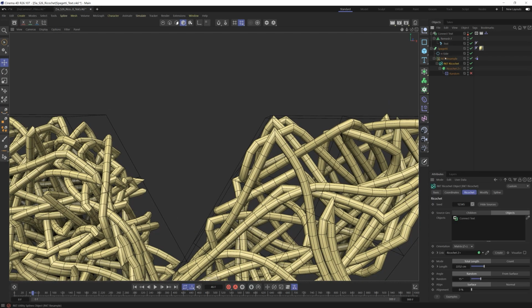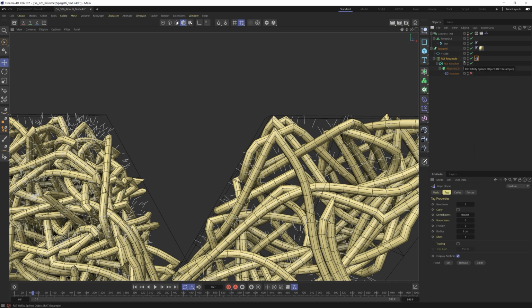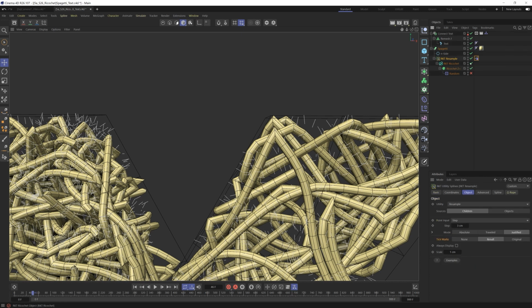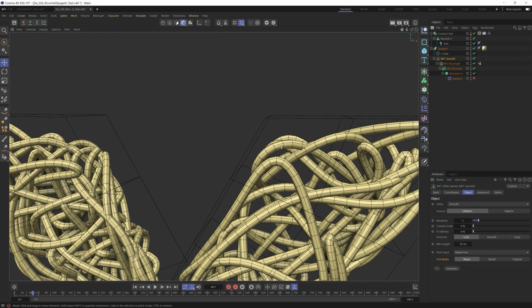So what if we then take this resampled spline, this resampled Ricochet, and had a simulation run on it, and we feed that into a smooth. Keep in mind, which is something that's really awesome, is that the rope simulation is treated like a modifier. This is not changing the original geometry. This is modifying at this level, meaning we can now, as a post effect, run a smooth. So keeping this completely parametric, not baking anything, I can feed this resample into a utility Rocket Smooth and start